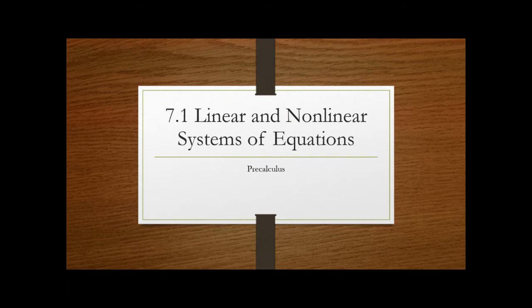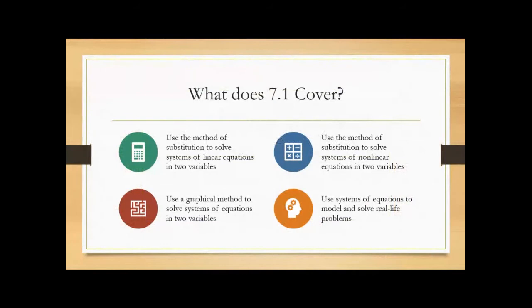So we're gonna go through it. 7.1 covers using the method of substitution to solve systems of linear equations in 2 variables. Using the method of substitution to solve systems of non-linear equations in 2 variables. I'm going to just highlight the 2 differences of those. So these are both using substitution, but one of them is linear, the other one is non-linear. Using a graphical method to solve systems of equations in 2 variables, and then use systems of equations to model